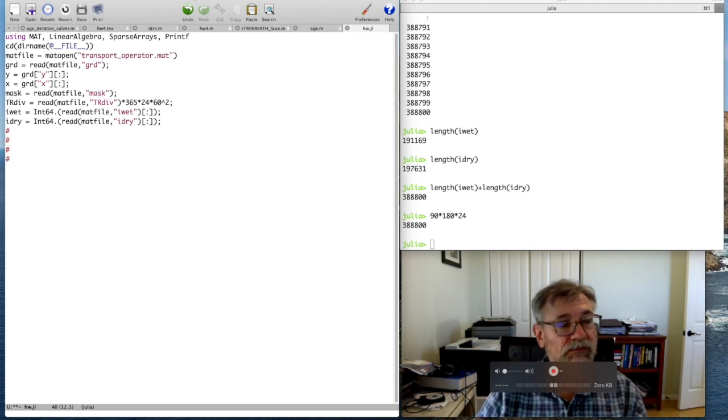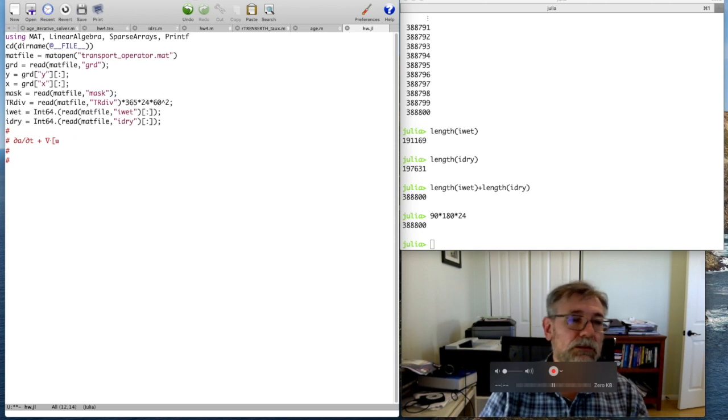The partial differential equation for the age: partial A over partial t plus nabla dot, open bracket, boldface u times A, which is the advective flux,